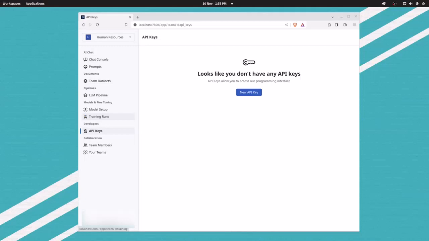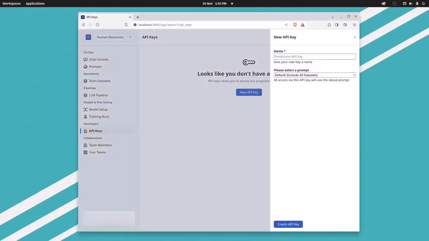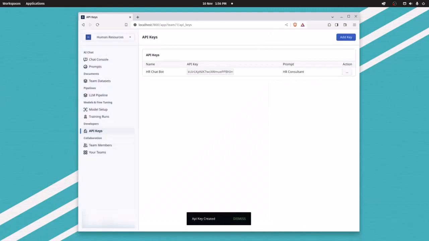Once you've created a prompt and attached data sets to it, you can then create an API key so that people can access your prompt programmatically and create things such as chatbots,